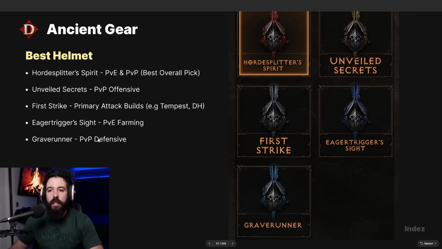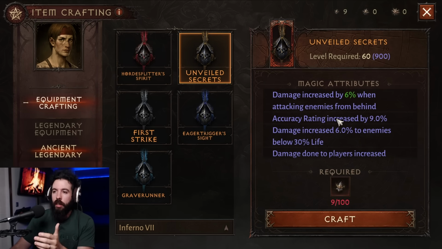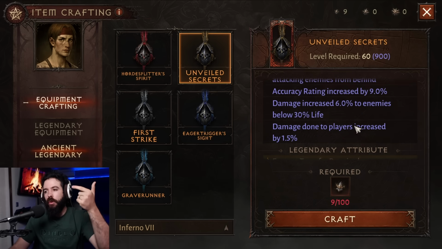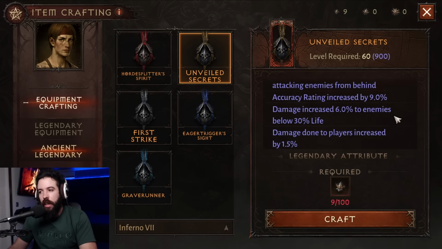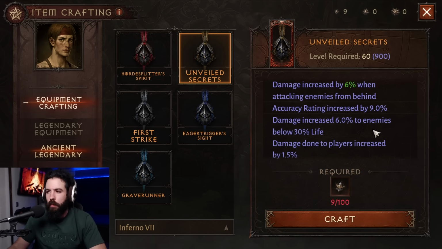Then we're gonna have this other option, which is gonna be the Unveiled Secrets. For me, this one is a total PvP offensive, because if we see the stats here, well, the damage is increased whenever you're attacking the enemies from behind. Accuracy, then you have damage to your enemies when they are below 30%, and then you have 1.5% damage to players increased. This one feels like a bit of a niche, but you know, accuracy is quite important,